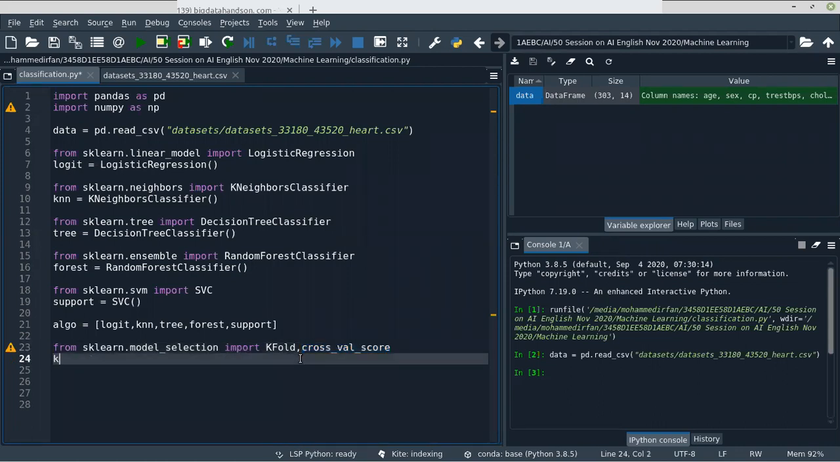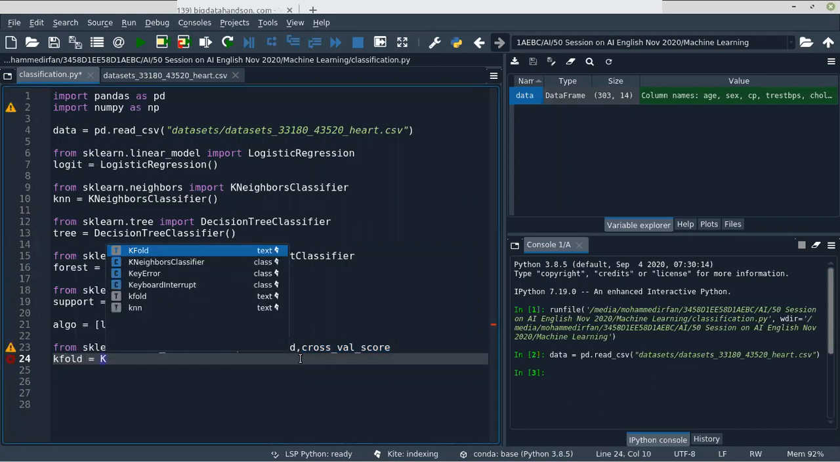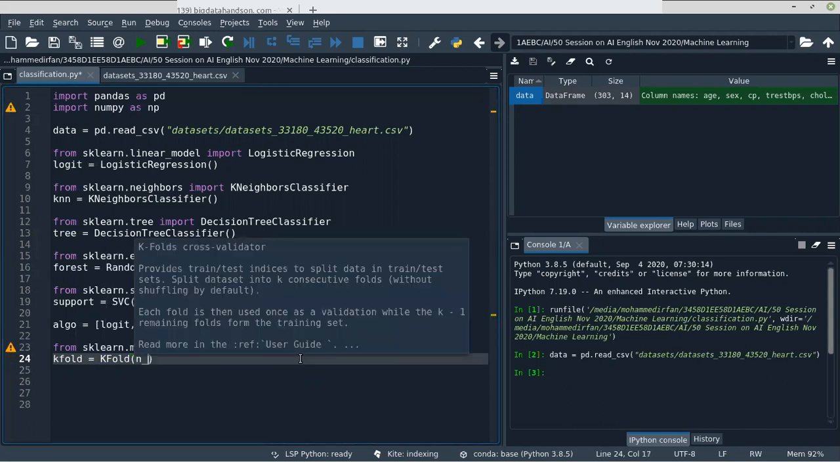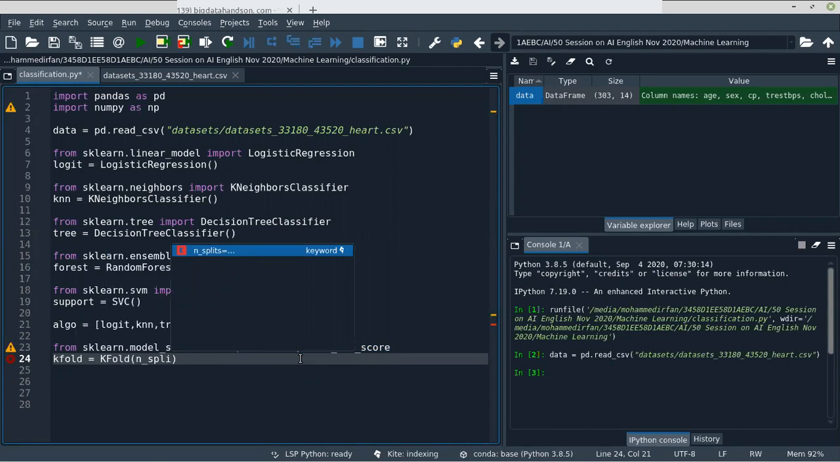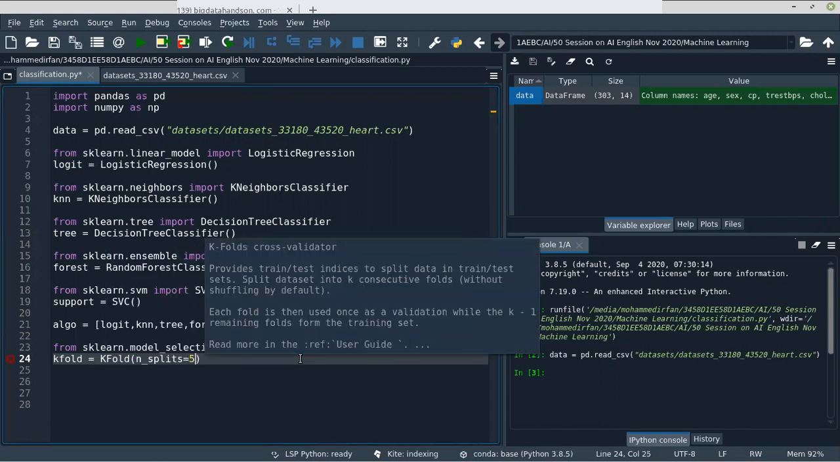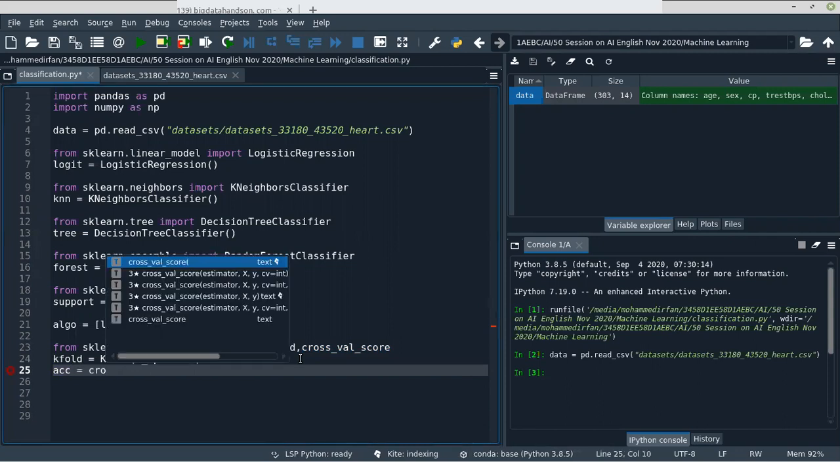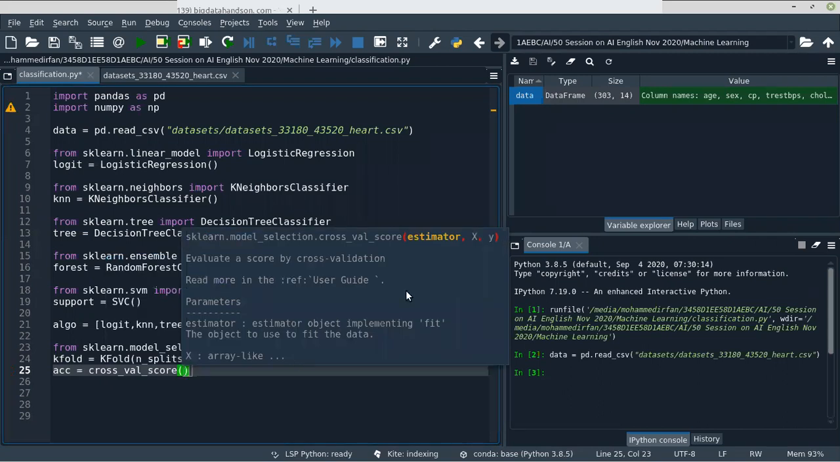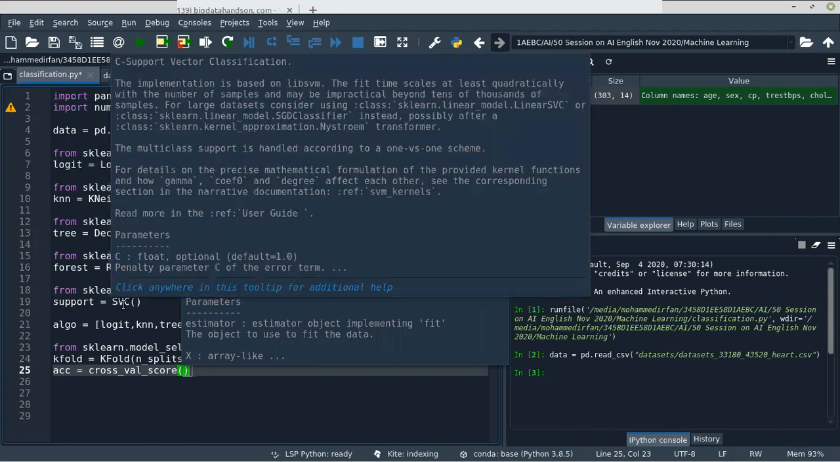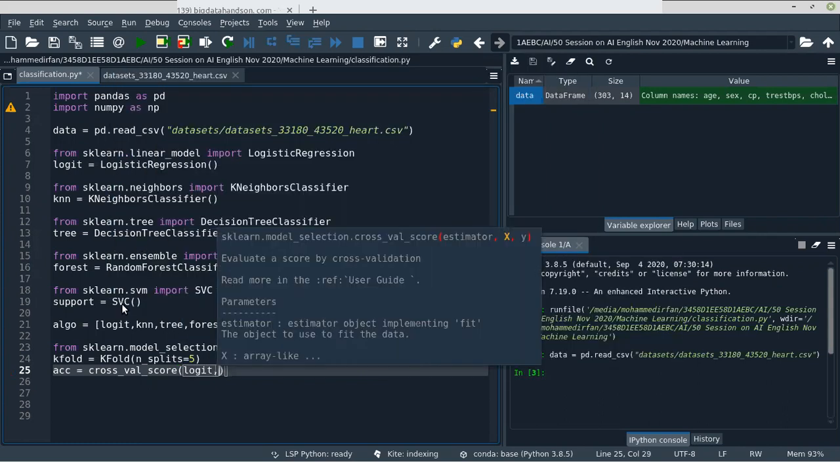So initially we want to create a fold, so call the class k fold, and you need to give a number of splits. Let's take it as 5 splits. Then I'm going to get the accuracies, let's call it acc, and we need to call the function cross val score. Let's see what parameters you need to pass. Estimator is nothing but the object of the model. We have created them, so first let me use the logistic, and then